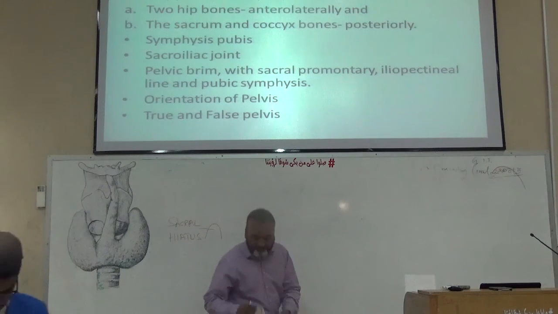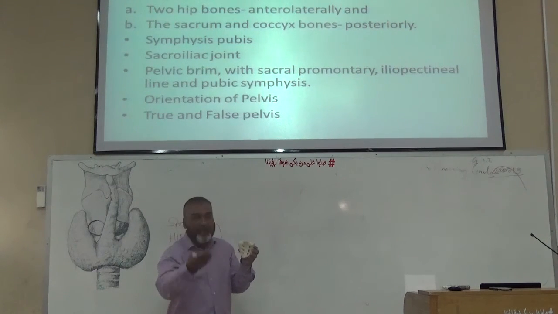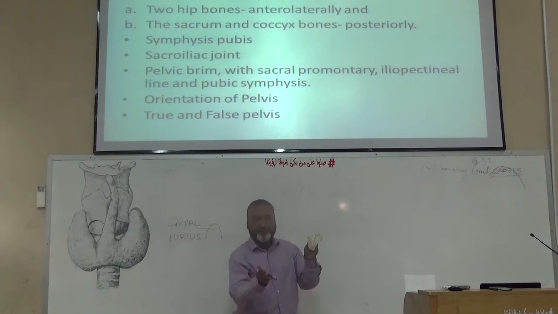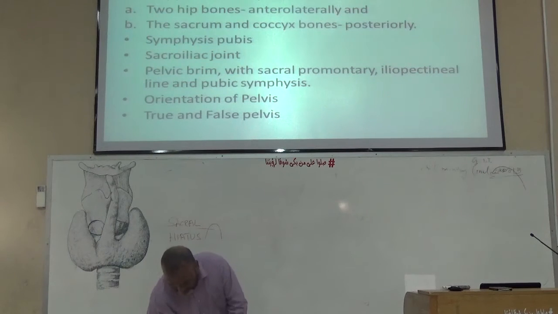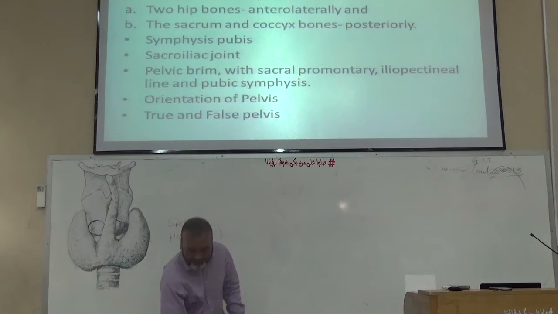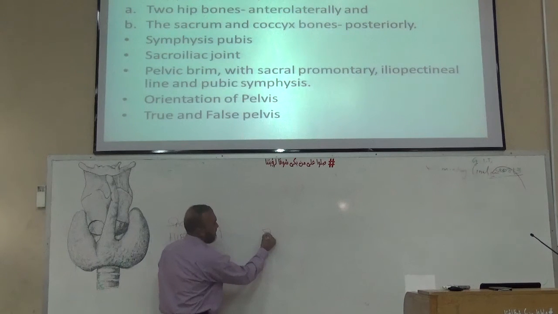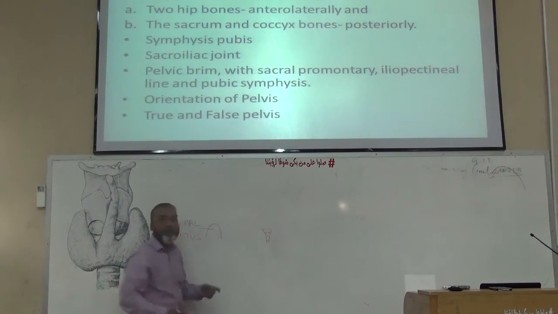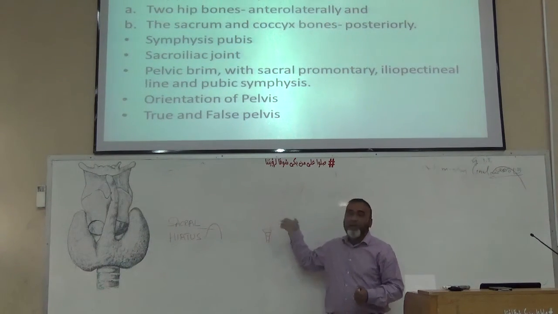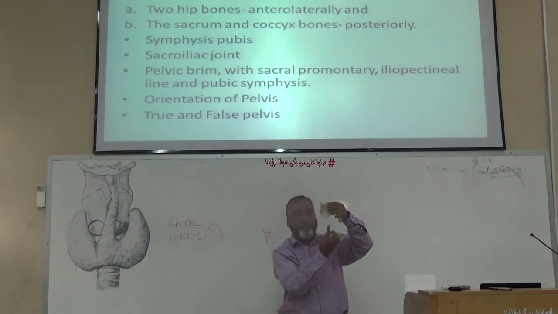Below the sacrum, so this surface of the sacrum is named as anterior or the pelvic surface, and this is the posterior surface. Okay. And below this you have the coccyx vertebrae, and these coccyx vertebrae are usually 3 to 4 in number. They are located below the lower end of the sacrum.